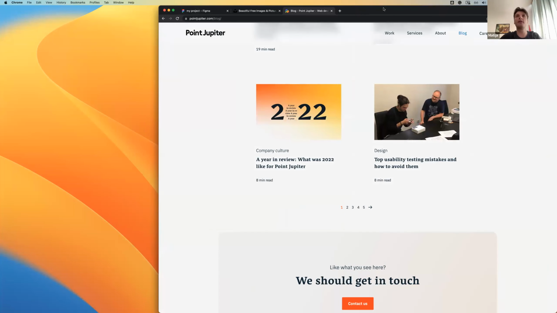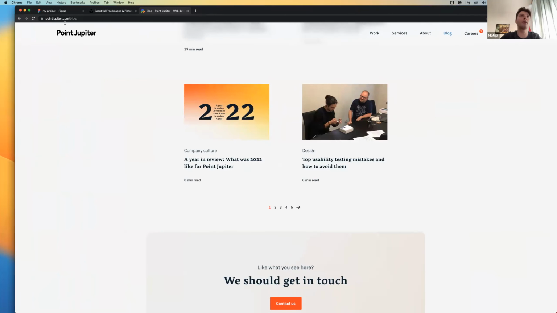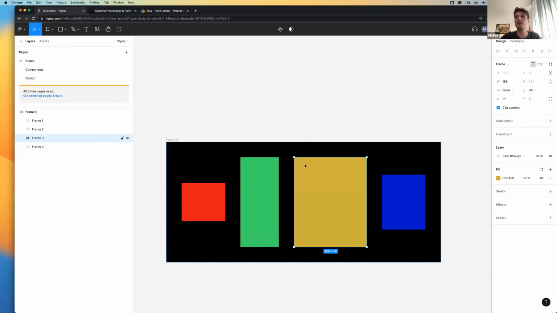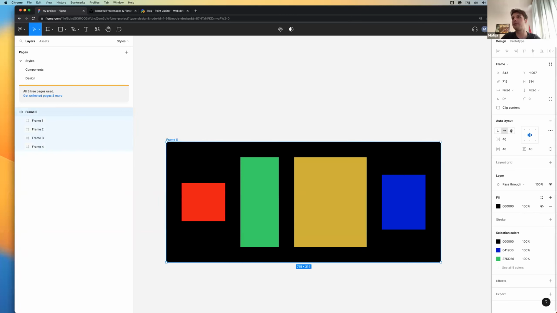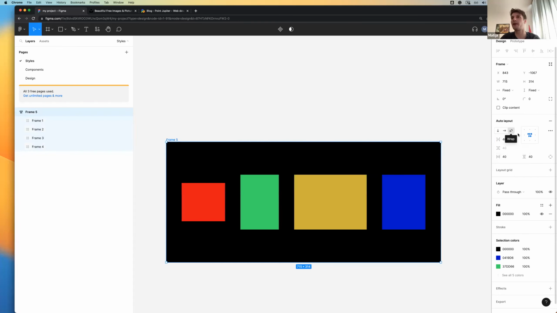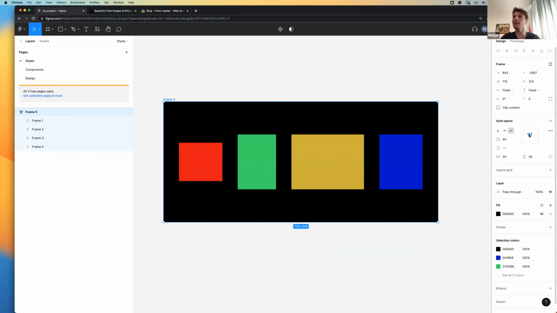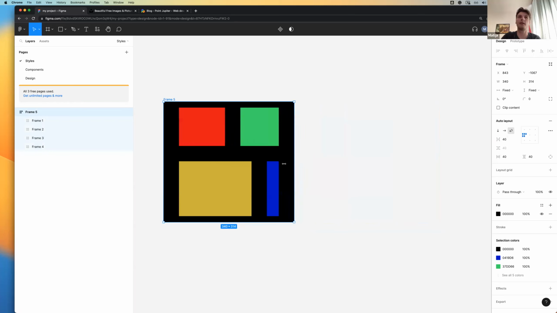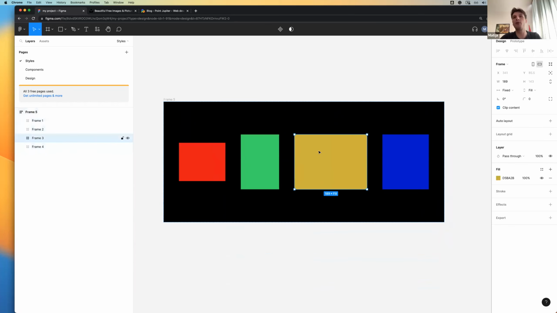So we can do that with auto layout, with this wrap feature option in the auto layout. So if I click wrap, and this is also the alignment like we had before, and if we go here to the left, they go, what is important is to